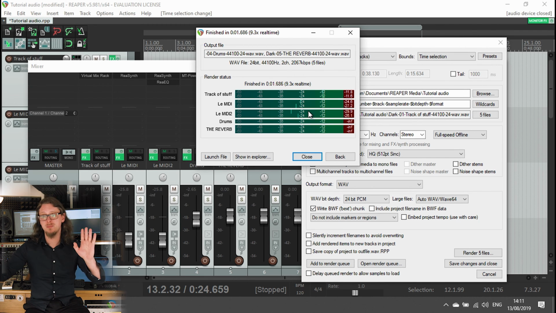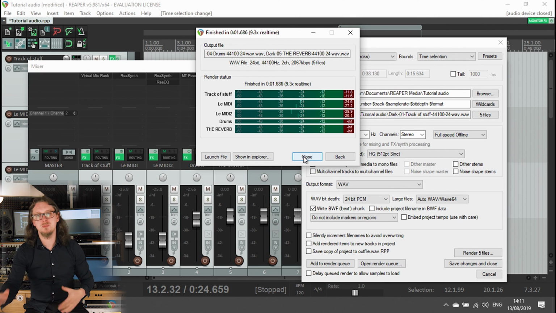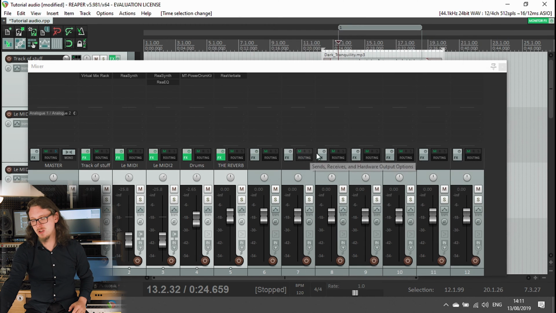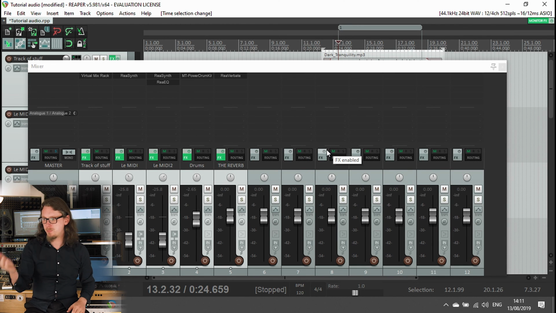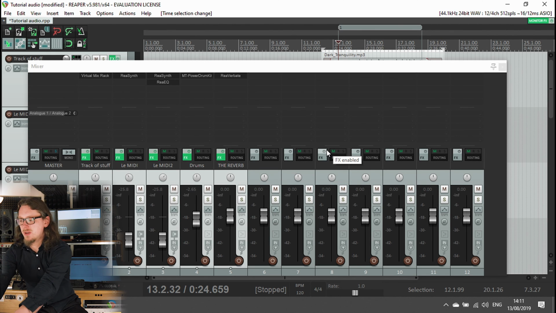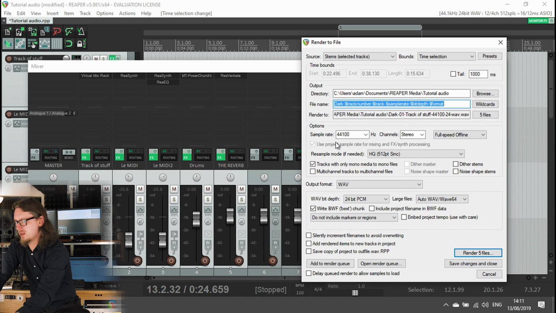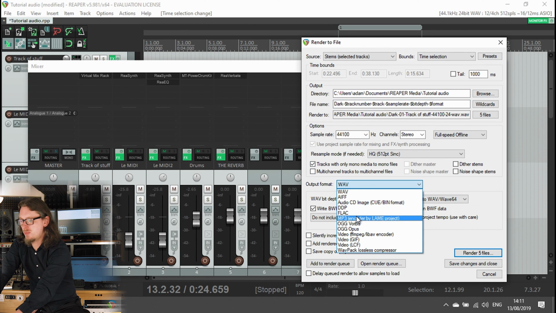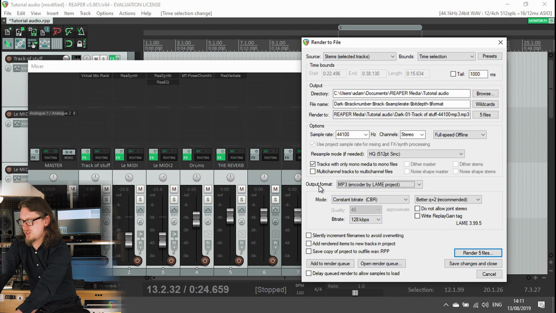And all those stems, and that could have been 20 stems, that could have been 30, that could have been 100, all done. It was that quick. We took some time to decide what we were going to name those songs, name those parts even, but now if I was to do that again and go back to my render window, I'm using a keyboard shortcut to bring that back up. If I decided, okay, well, someone else wants the stems, but they want an MP3 version,